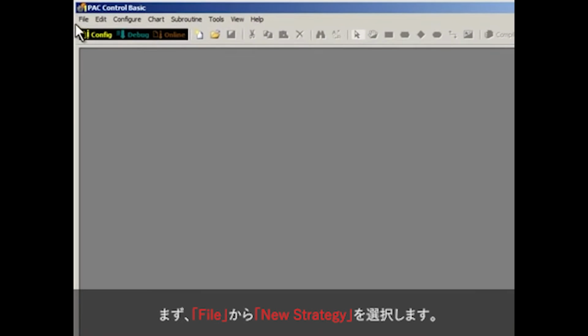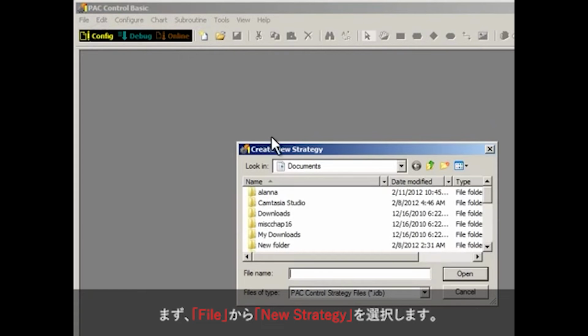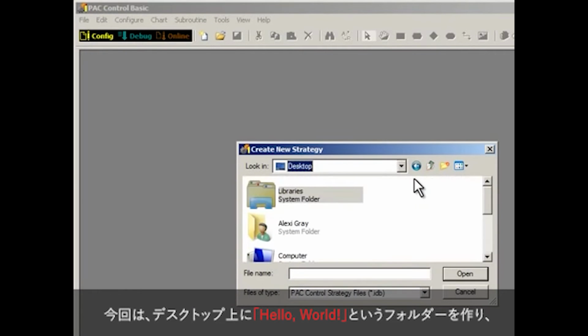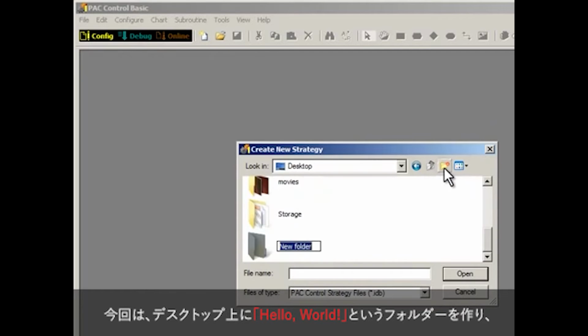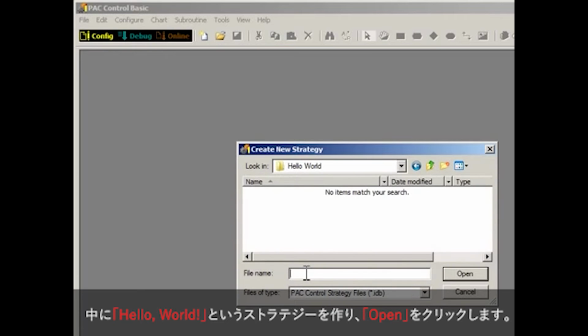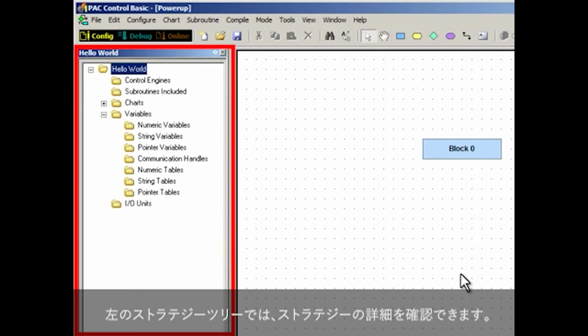To get started, I'll select File, New Strategy. For this example, I'll navigate to my desktop, create a folder called Hello World, navigate to that folder, and then I'll name the strategy Hello World. I'll click Open. Here on the left is the strategy tree, where you'll find folders for all the elements in